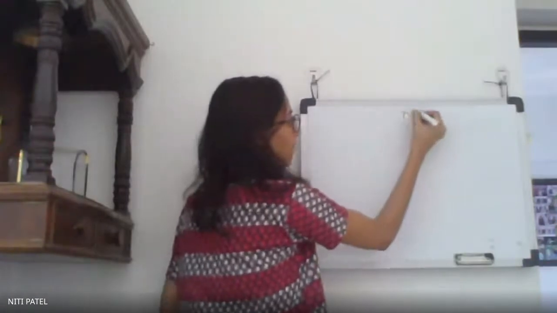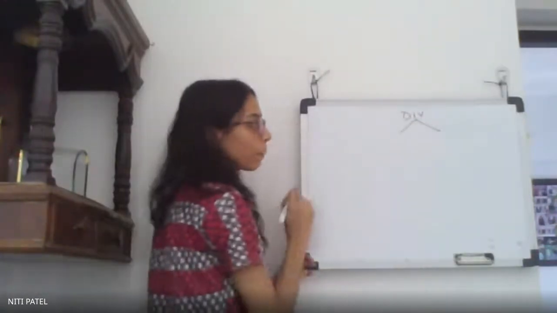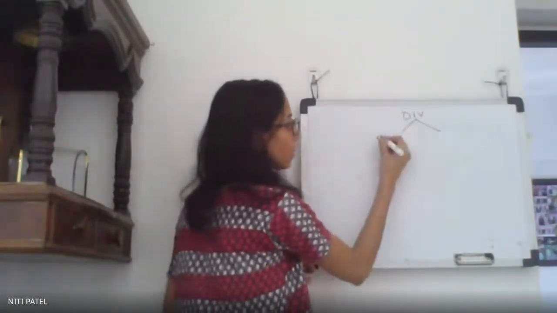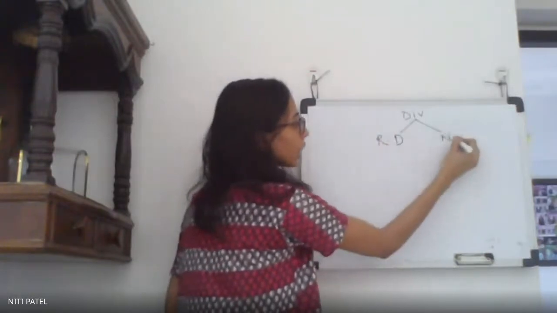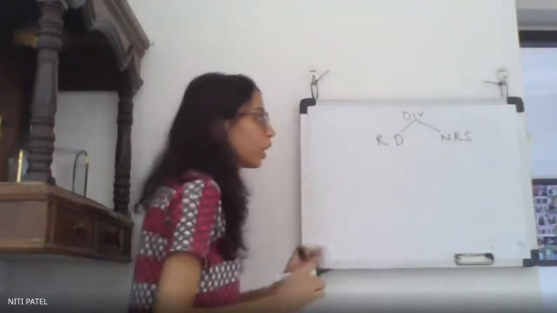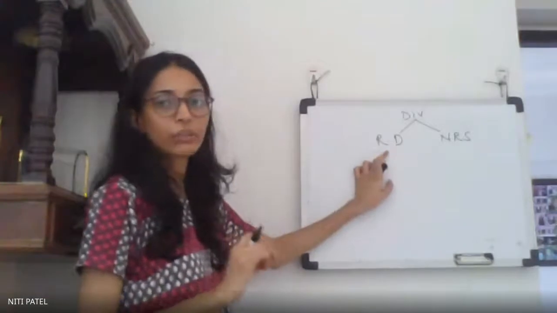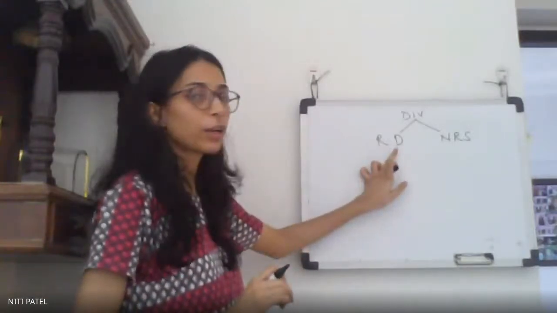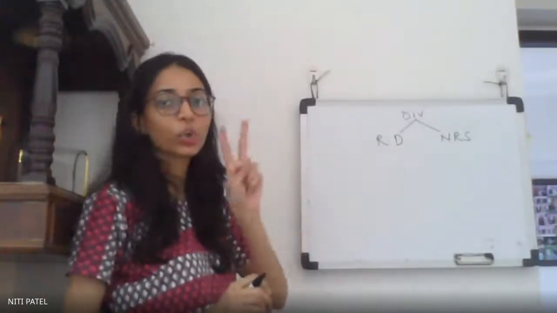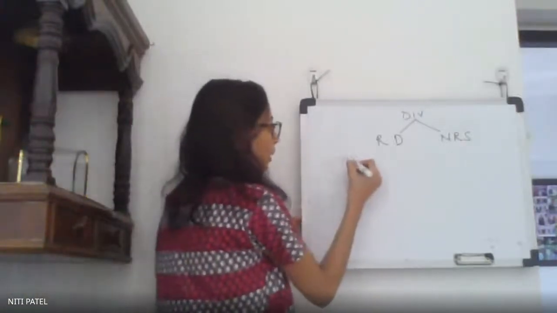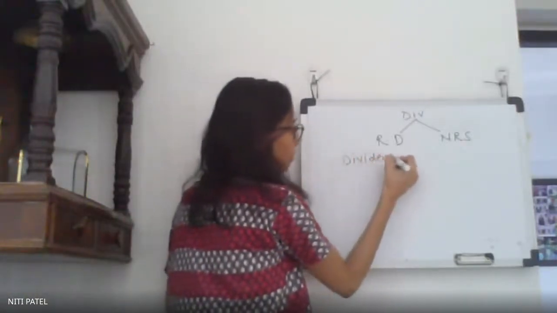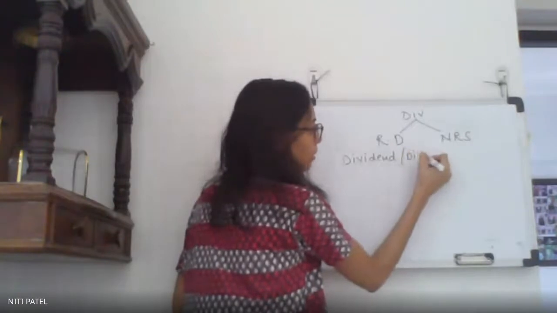So while performing division, we use two algorithms. One is restoring division and the other is non-restoring division. So we are going to study restoring division today. Whenever we perform a division operation, we require two numbers. The first number is the dividend and the other number is the divisor.